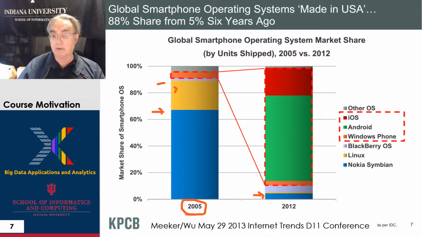And the dominant now, of course, is Apple's iOS, and the dominance of the commodity operating system, which is Android. So drastic change. And of course, iOS and Android in some sense are made in USA, which is the origin of this comment in the title